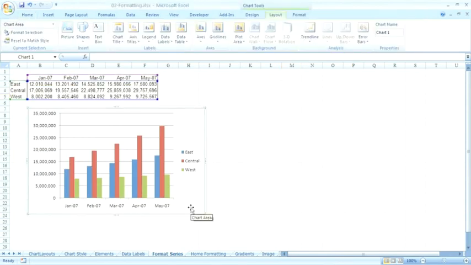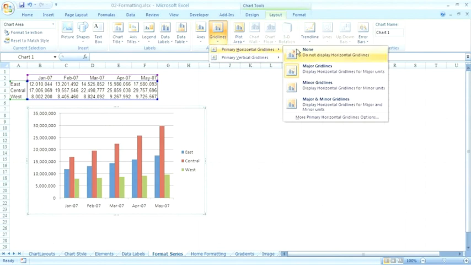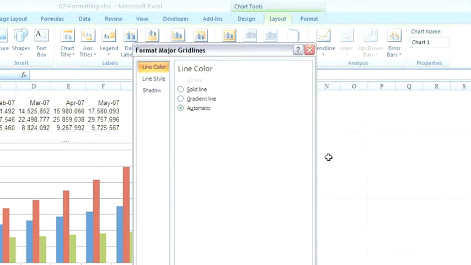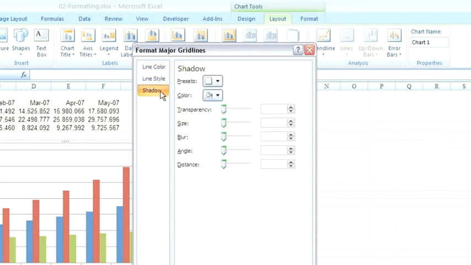Select the chart. If you need to reach the Format dialog box for any particular element, there are 4 different ways to access that. If you're comfortable with the built-in drop-downs, open any of them. You can choose the More option at the bottom to reach the Format dialog box. Depending on which element you're formatting, there can be anywhere from 2 to 7 items along the left-hand side, and within each category, there'll be many more settings that you can create. Now, if you remember on the grid lines drop-down, we had 5 choices. By going to the Format dialog box, you have access to the full range of changes that you can make